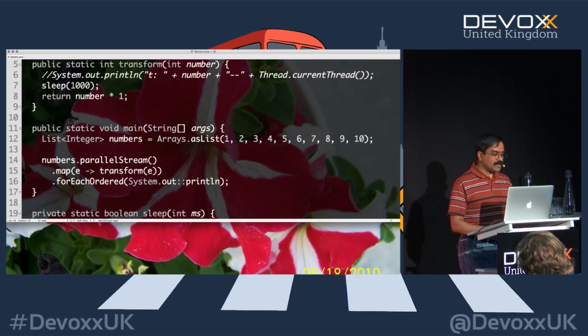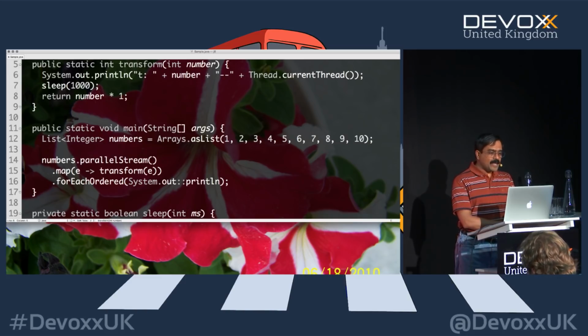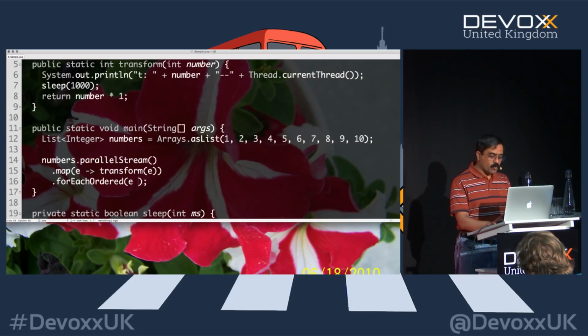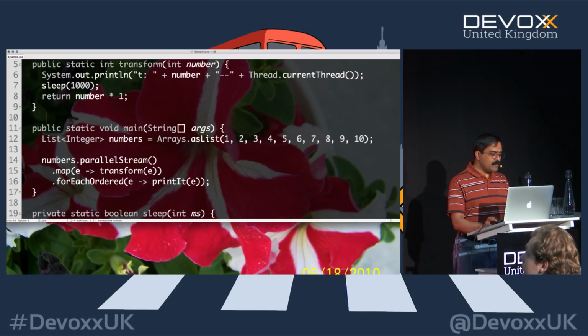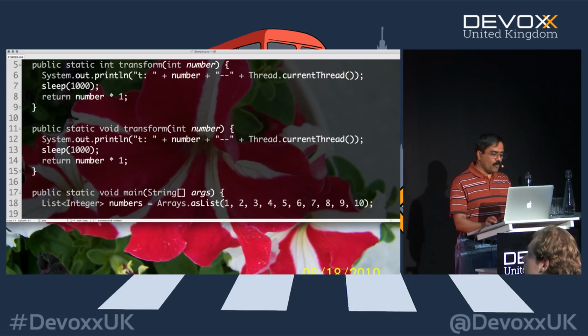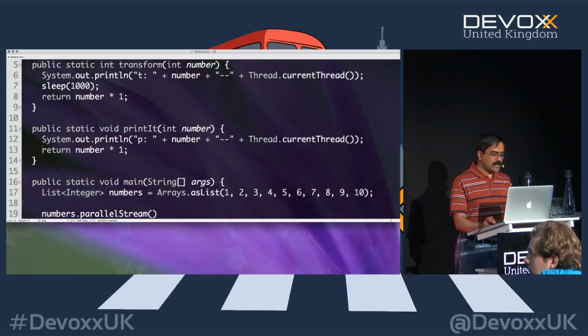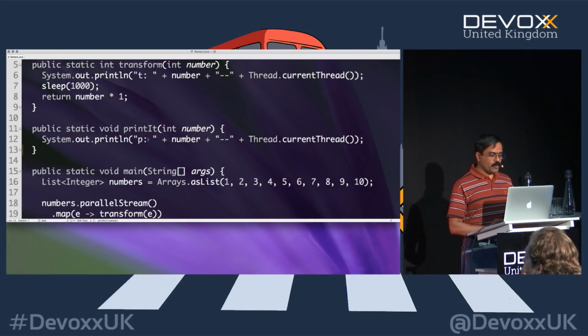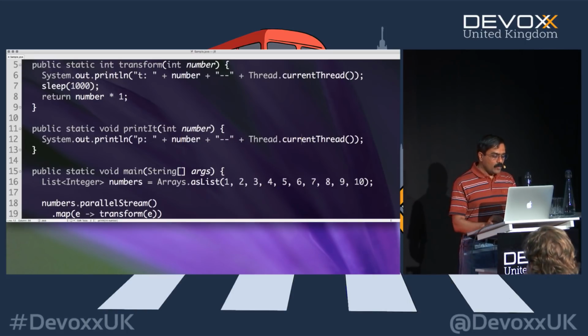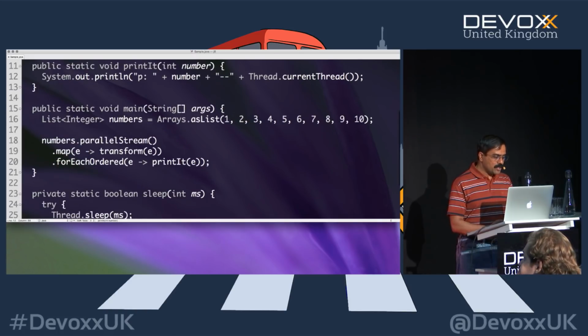To illustrate this point, let's go back to this code and put the printout on the transform method. But we will also call a method here called printIt and pass the e to it. Now in the printIt method, we will simply print it. So let's bring in the printIt method, void printIt. In this case, we'll take the number and put a P right here, and print it. That's all we're going to do. So we put a P and the number we want to print, and then the thread information we're going to provide right here.